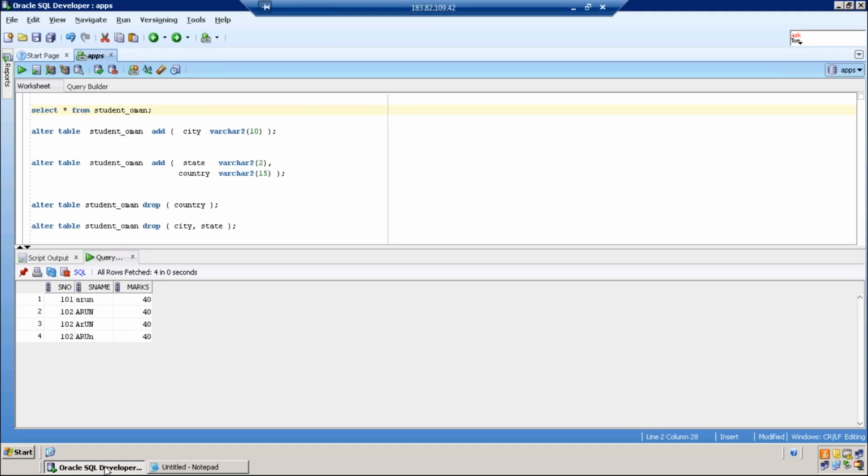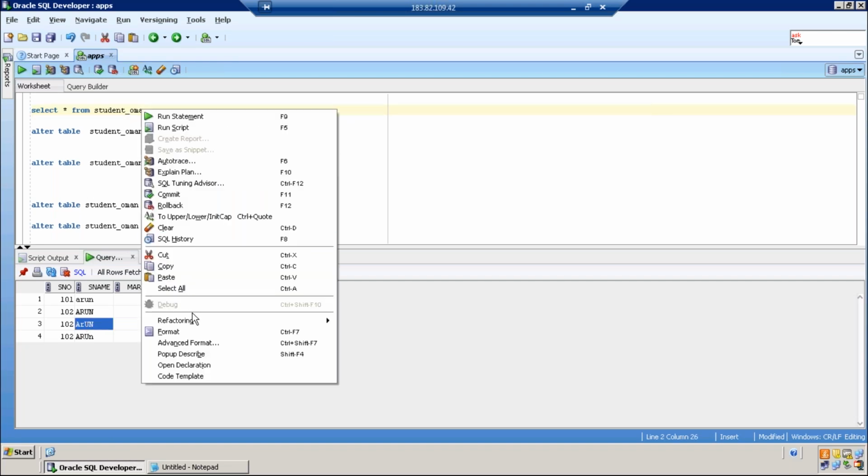Changing the column size. Student name is varchar2 data type, you know, and how to check the size? Right click, you have an option of open declaration.